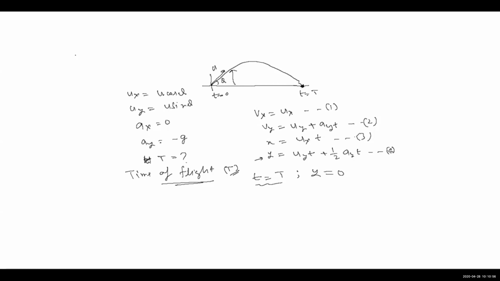What about the fourth equation? In the fourth equation, if I use y equals 0, uy is known, ay is known, and in place of small t, if I put capital T, then this equation will have only one unknown, that is capital T. So I'll be getting the value of capital T. From equation 4, we get the time of flight. If I use equation 2, I'll get the y component of velocity, which is also something we get at this instant, but right now we are not interested in that. We are interested in calculating the value of capital T, the time of flight.